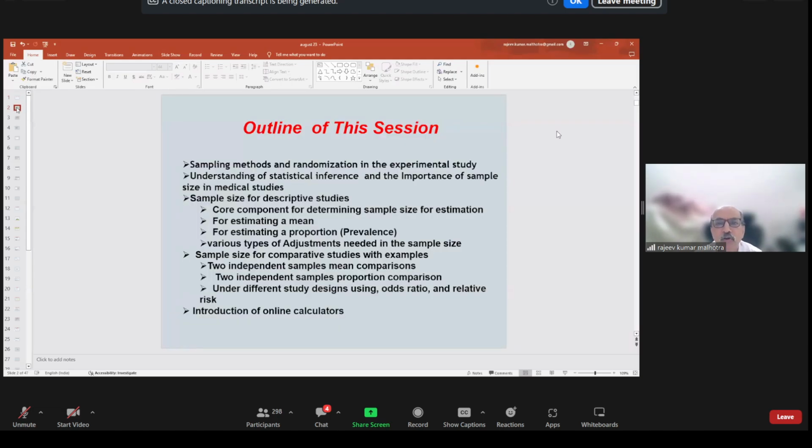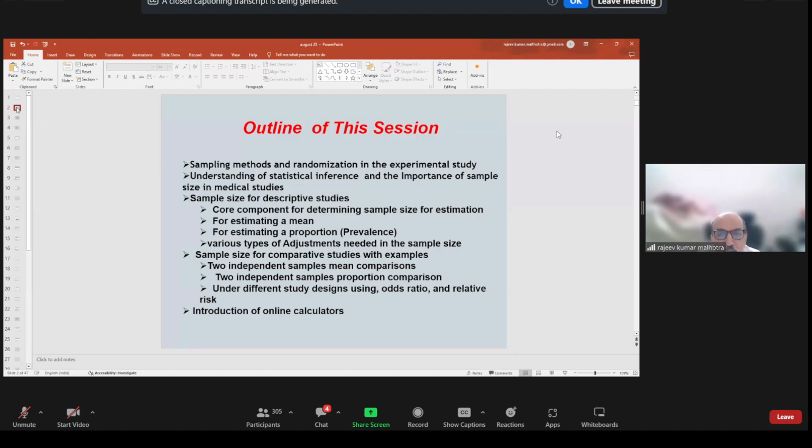So this is the outline of this session: sampling method and randomization in experimental study, understanding of statistical inference and importance of the sample size in medical studies, and sample size for the descriptive studies for estimating the mean and estimating prevalence. Then we will look at various adjustments needed to the sample size for descriptive studies. After that, we will go for comparative study examples, 2 independent sample mean comparison and 2 independent sample proportion